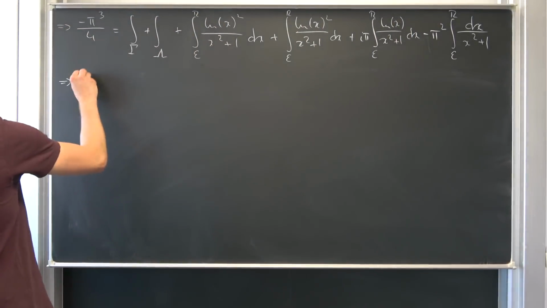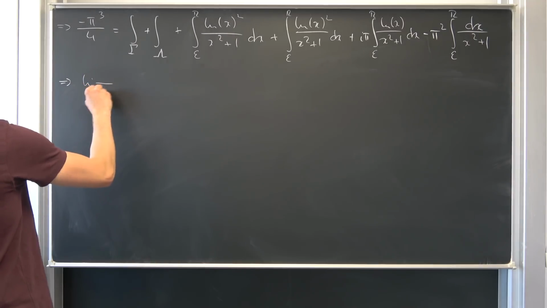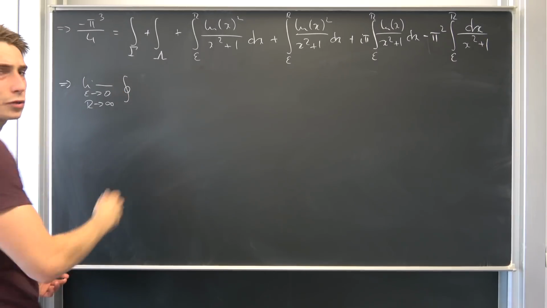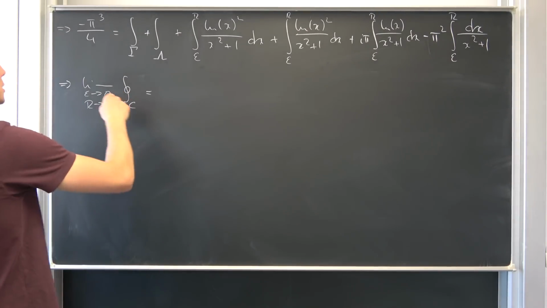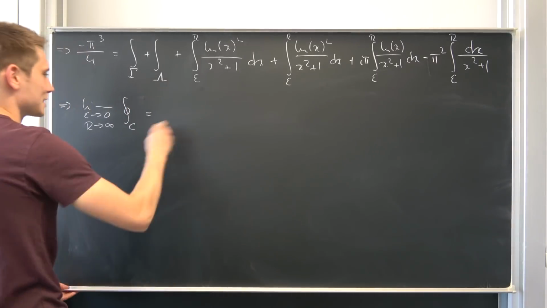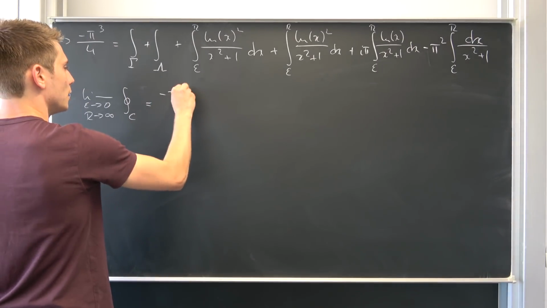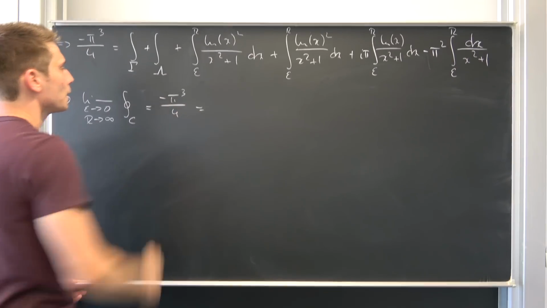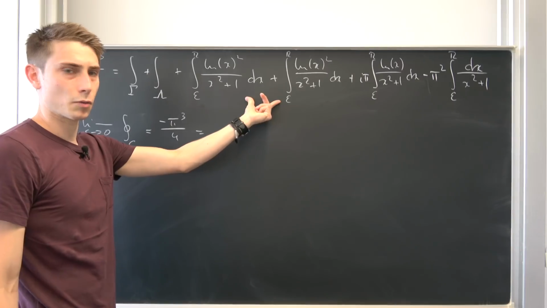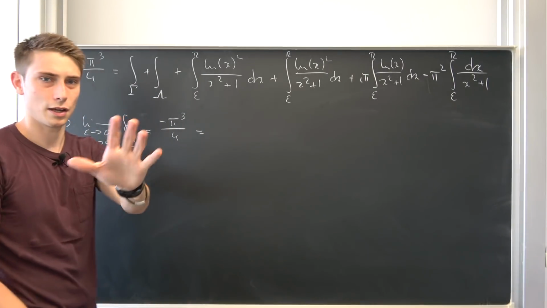So we end up with the limit as epsilon goes to 0 and r goes to infinity of our contour integral. I'm going to write it like this. This is just on this side right here, well, this is just the limit of a constant. It doesn't affect our constant, so negative pi to the third power over 4 being equal to this, and that is going to vanish. We can add those two together, and I want you to notice